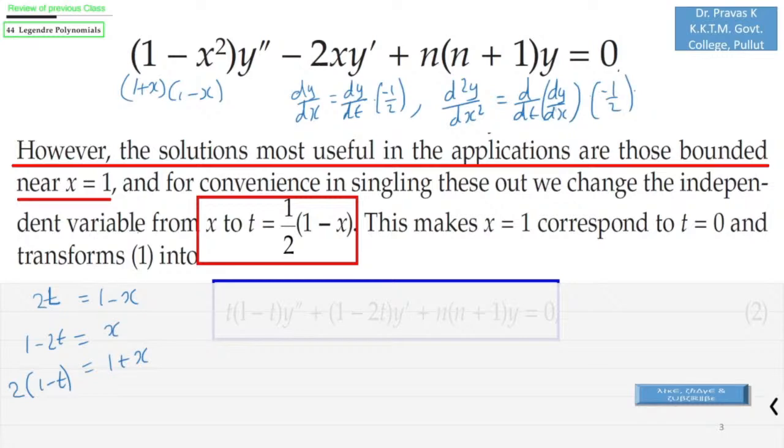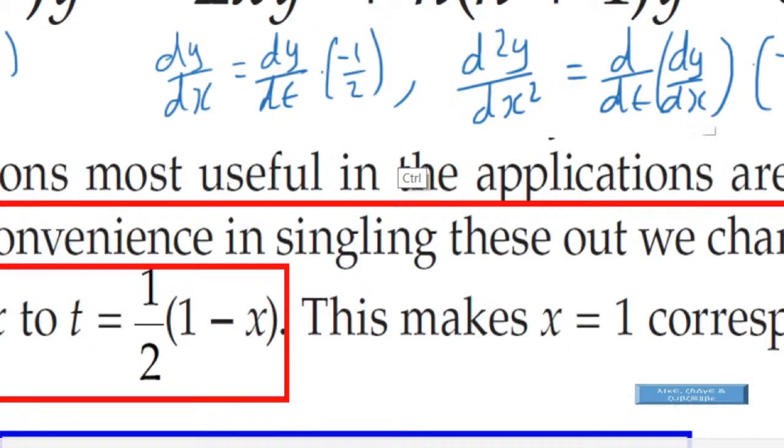So again you can replace the dy by dx with dy by dt into minus 1 by 2, which takes you to 1 by 4 into d square y by dt square. So in this way you can find the replacement for y double dash and y dash, and hence finally obtain